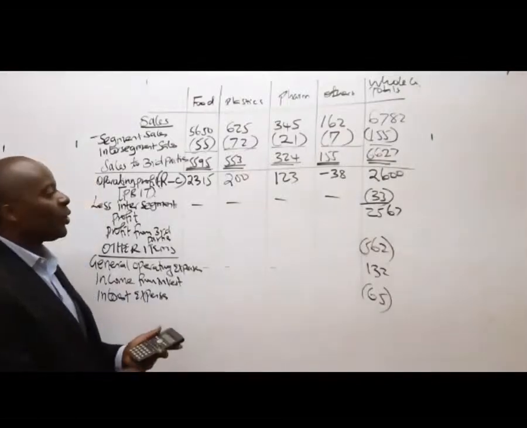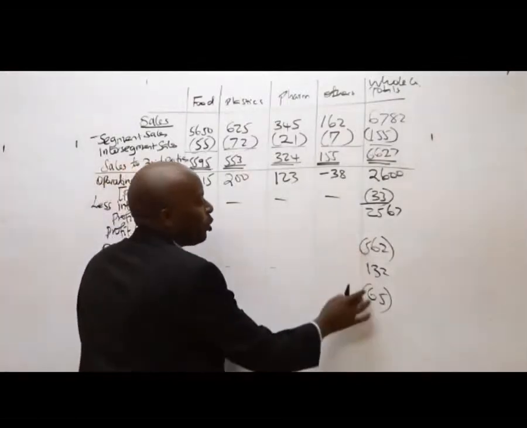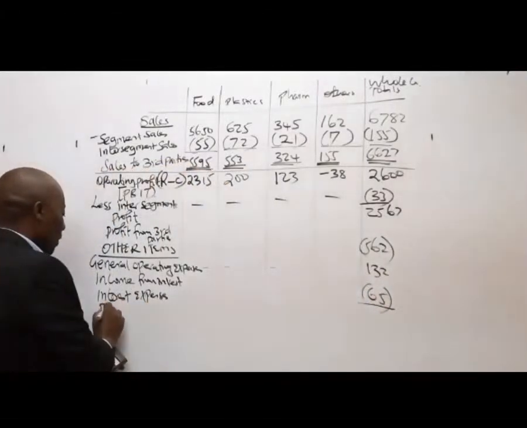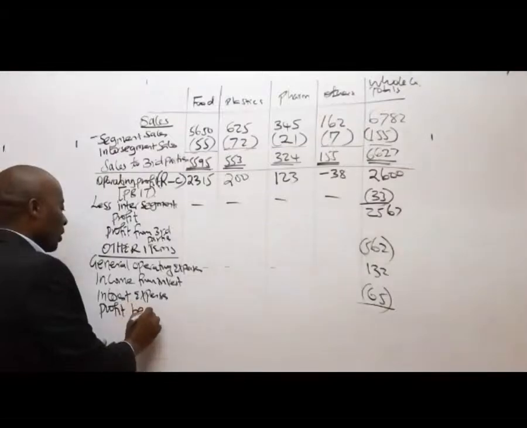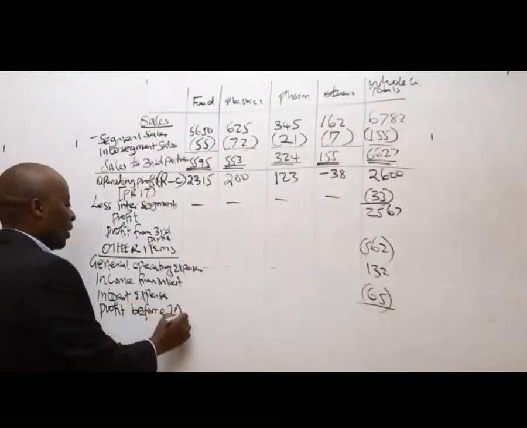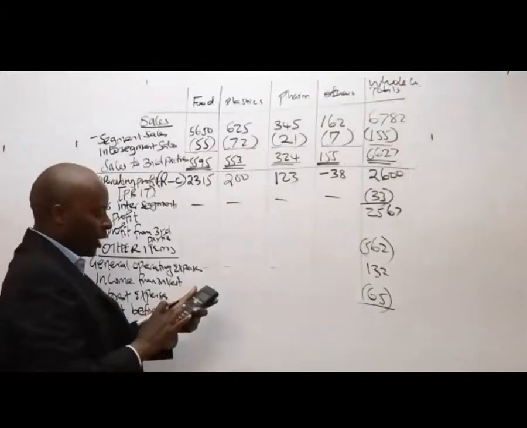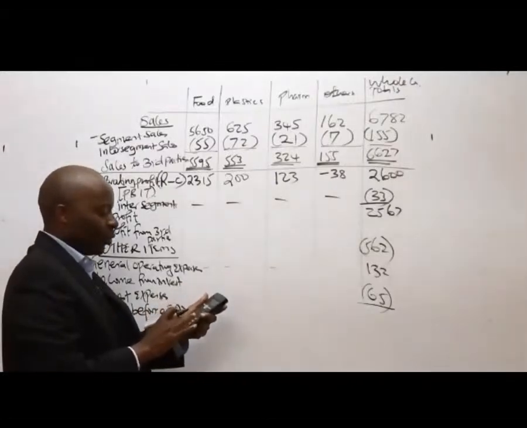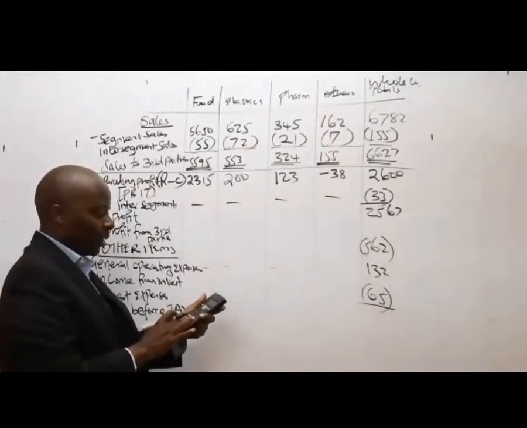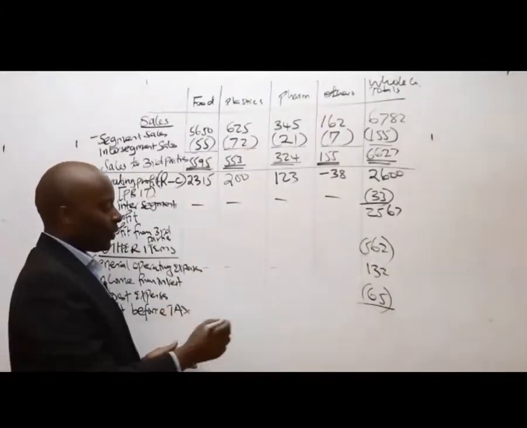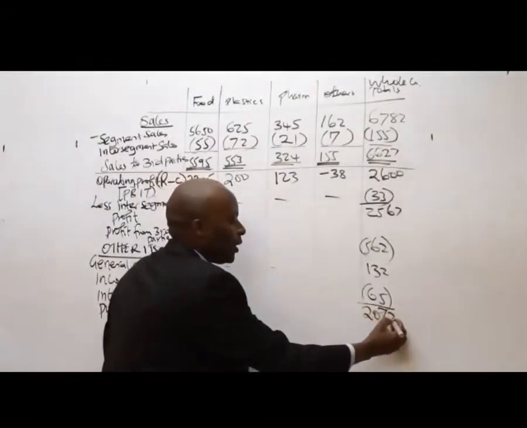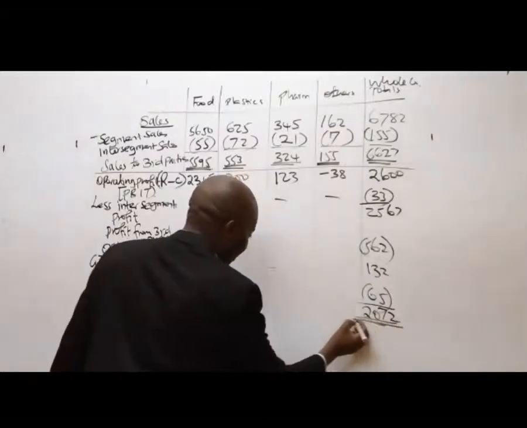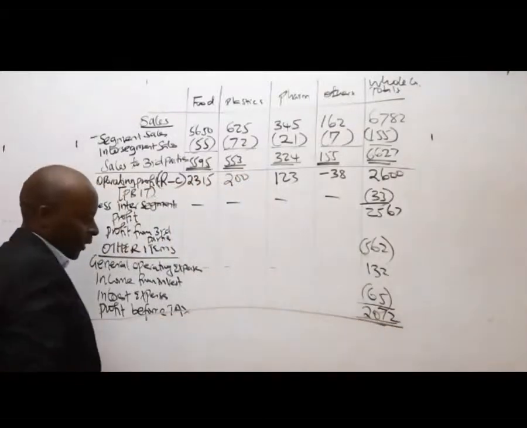So there we are. Please come and deduct these two from this. And of course, you add this for you to be able to give us what we call the profit before taxation, the profit before tax. So please subtract. So we have 2567 minus 562 plus 132 minus 65, which gives us 2072. And now I'll come and double underline. That marks the end of that particular working.